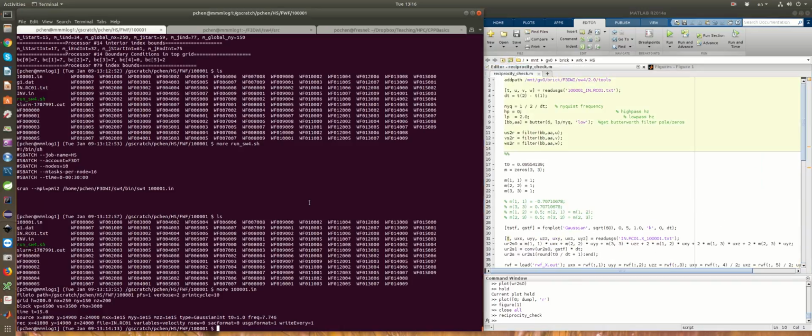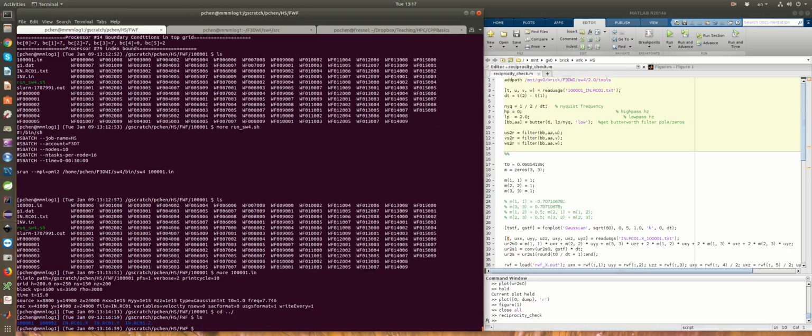Okay, so that's for the forward simulation from the source to receiver. And now let's look at the simulation, the Green's tensor simulation from the receiver to the source. So I'm placing